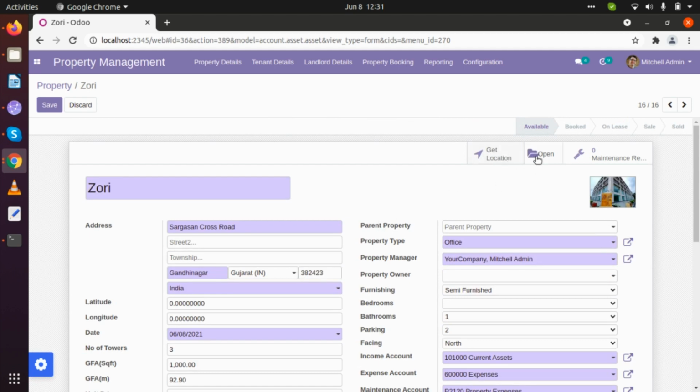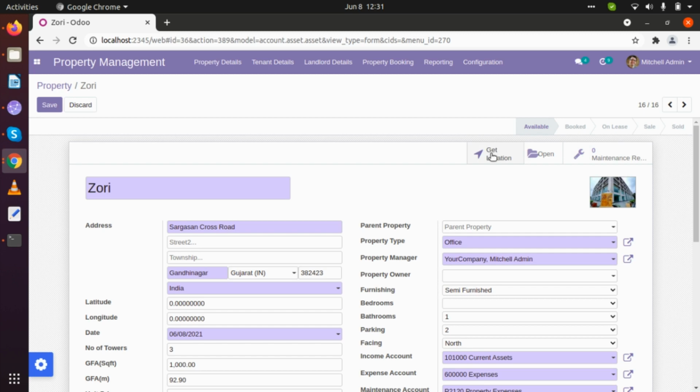Here we also have three different smart buttons. The first one is get location, the second one is open, and the third one is maintenance request. The first one, get location, directly communicates with Google Maps.